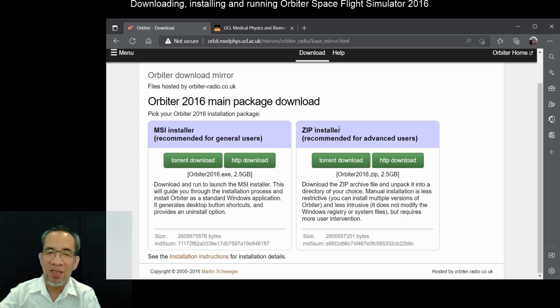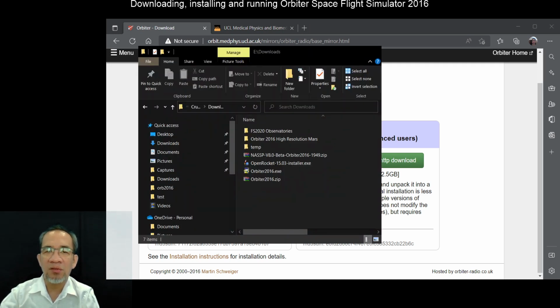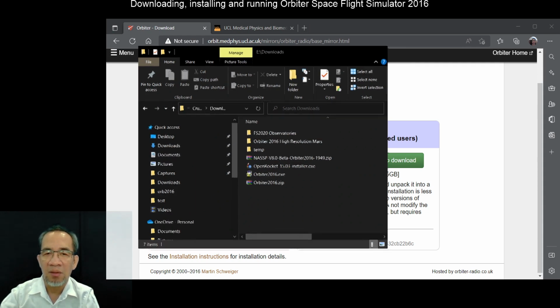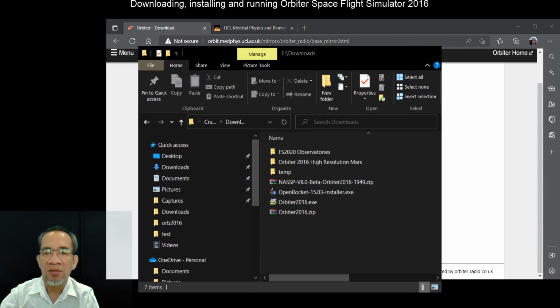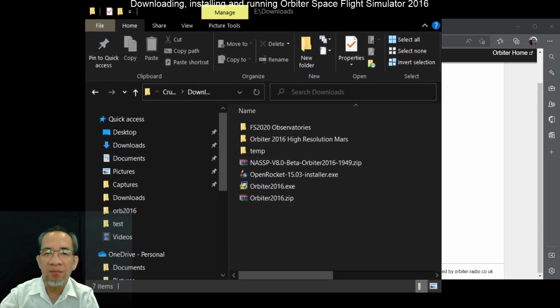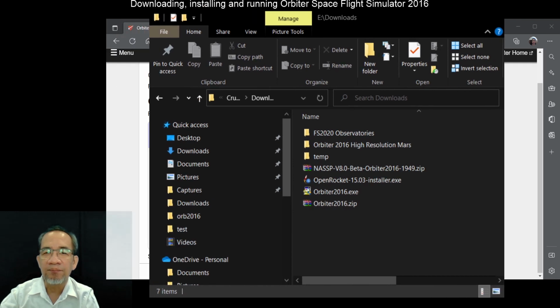Kunyari, select ko muna yung Msi installer or yung zip installer. Of course, the whole download process will happen. You know how to download files naman, di ba? And I will show you my downloads folder and show you eto yung mga na-download ko nandito sa window na ito. So as you can see, I hope makikita ninyo, no? Papalakihin ko para everybody can see it more clearly. You see, dalawa yung file ko